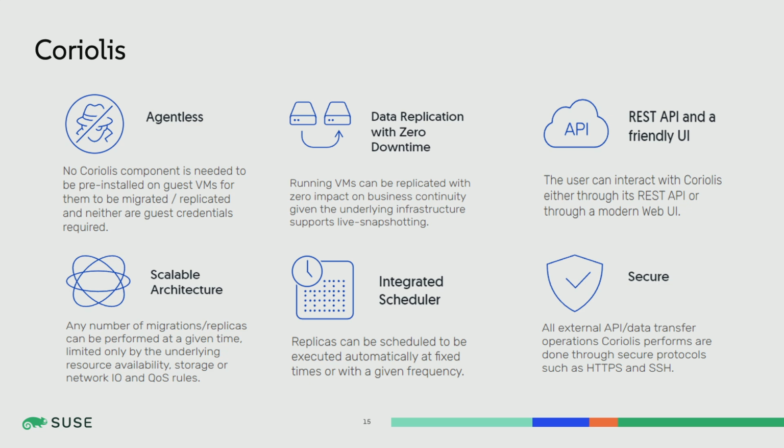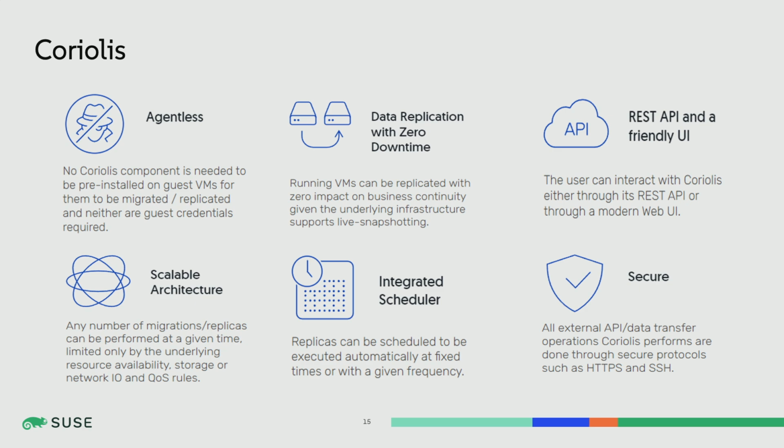That implies also that on top of the REST API, we have also a CLI, so a command line interface, and we have also a graphical user interface, which is what I'm going to show you in the demo very soon. We have an integrated scheduler, so you don't have to just do all the migrations at once. You can also schedule when these operations are going to happen. And last but not least, it's designed to be secure. Our customers typically have very, very stringent security requirements, and we want to make sure that Coriolis meets those